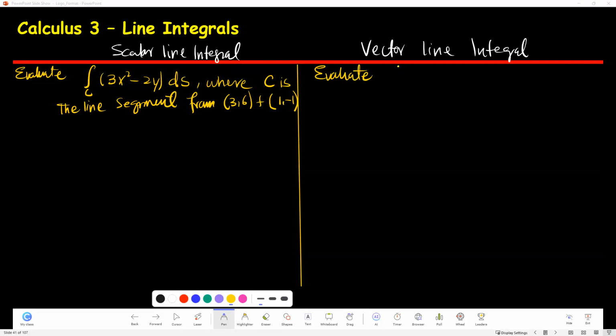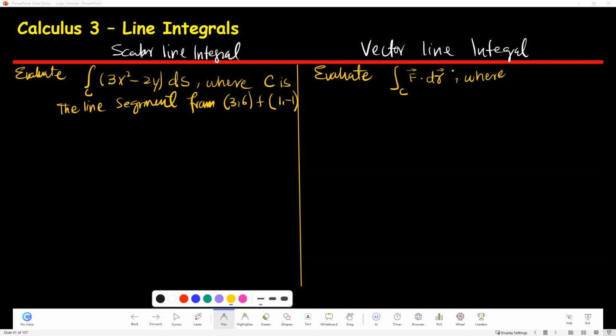We're going to talk about how we write those line integrals, and it's going to be C. Here I do not have a scalar function, I need a vector function. A vector function means something like f, but with a little arrow on it, so it's a vector field. And I'm going to take again a dot product with dr. We have a position vector here, so ds and dr have a difference. This 3x squared minus 2y and f have a difference,